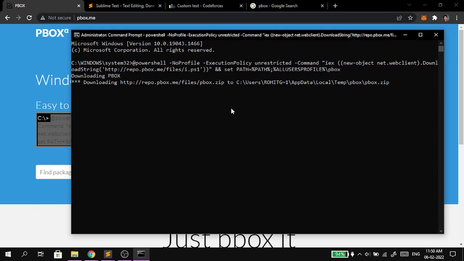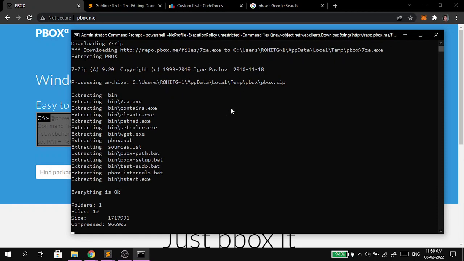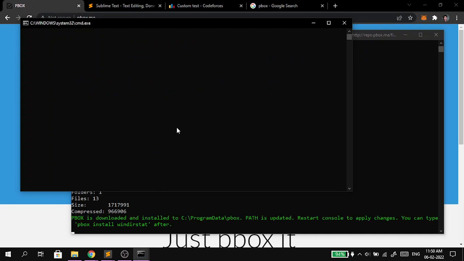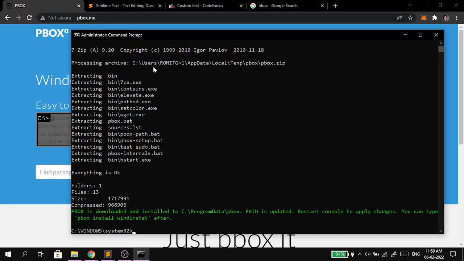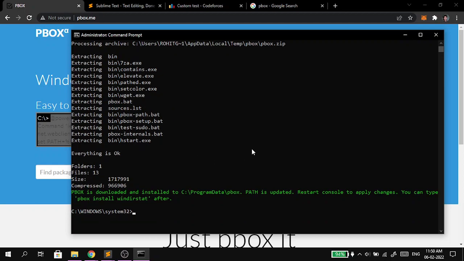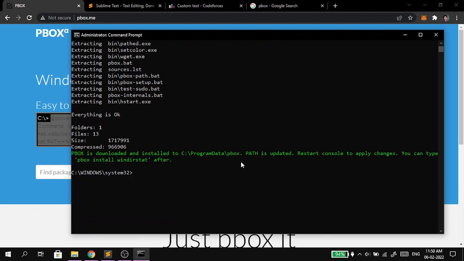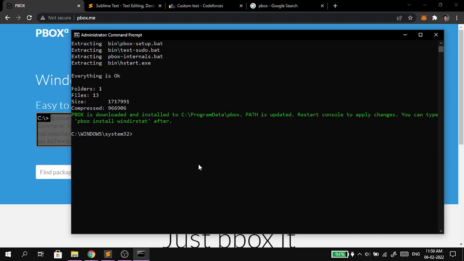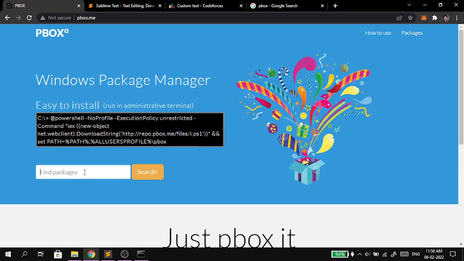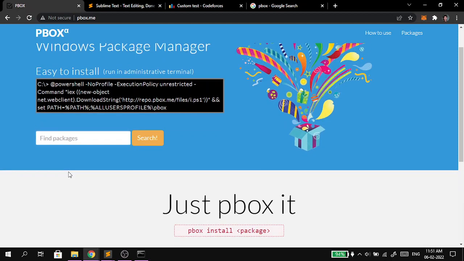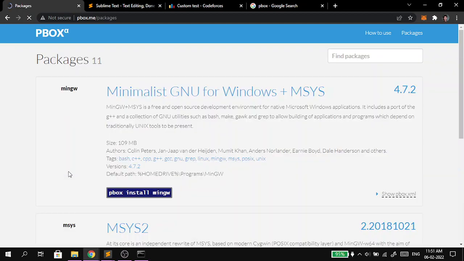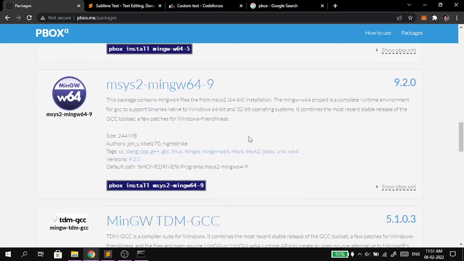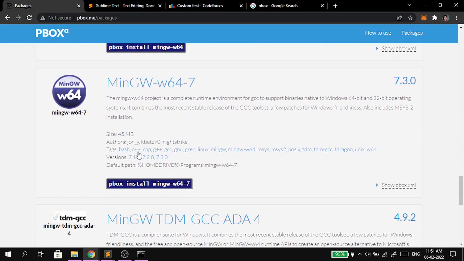Since I have already installed pbox, it will not show a lot of lines, but it is saying that pbox is downloaded and installed. Path is updated. Okay, ignore it. We have already installed pbox. Now here it is written find packages, type mingw, and here you will see mingw-w64 7. We are going to install this. Just copy this